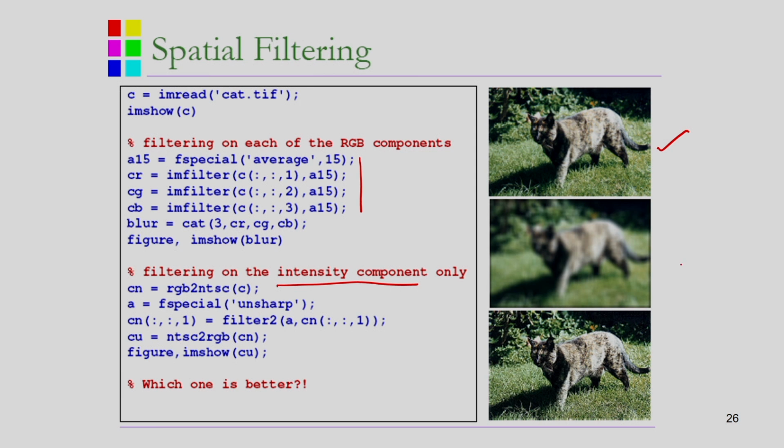The spatial filtering already I have explained. Suppose if I apply the averaging filter, what will be the mask? The mask is nothing but 1, 1, 1, 1, 1, 1, 1, 1, 1 by 9. So, this is the mask for the averaging filter. This mask I can apply only for the intensity component, and you can see the difference between the second image and the third image.